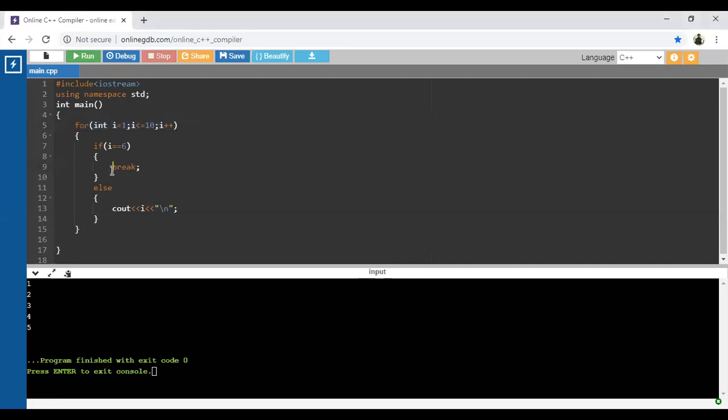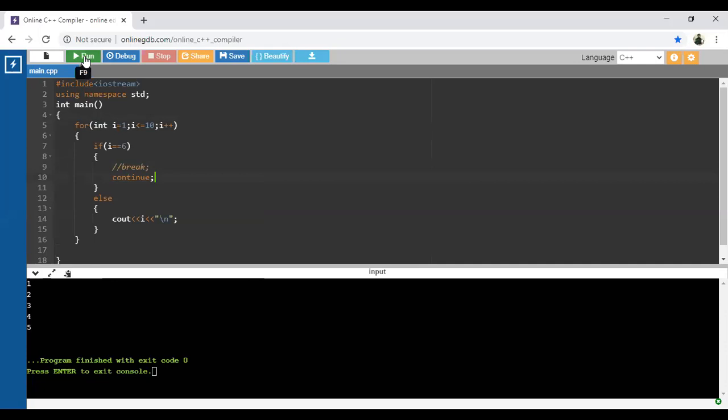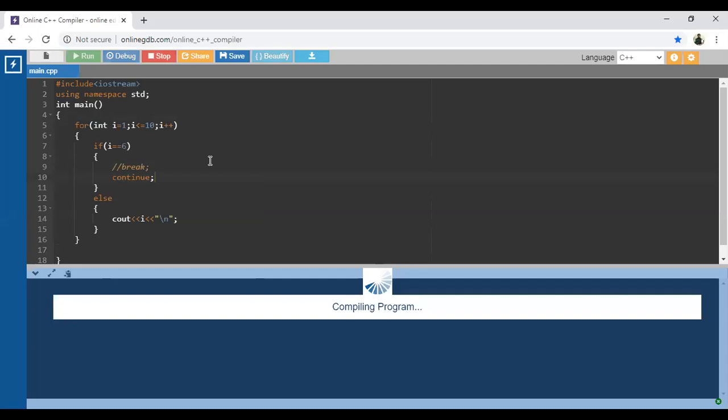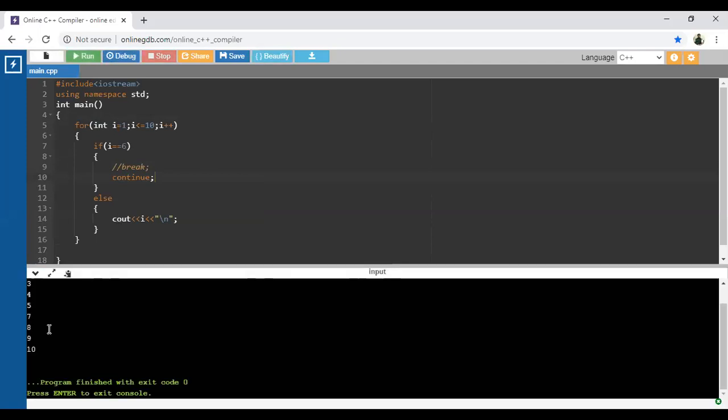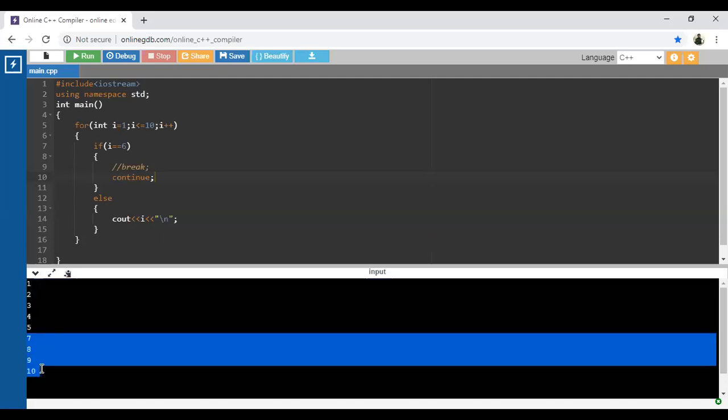And if in place of this break we use continue, what will it display? It will display 1 to 5 and 7 to 10, because when i is equal to 6, it is going to skip that particular statement. Just look at this output, guys. The first part is 1 to 5, and then when i is equal to 6, it will continue its task, means it continues with the next iteration, so it is not going to print that statement. And next is 7 to 10.